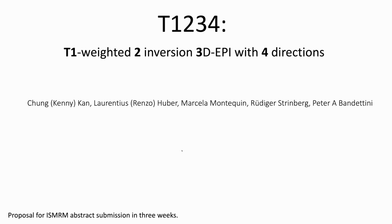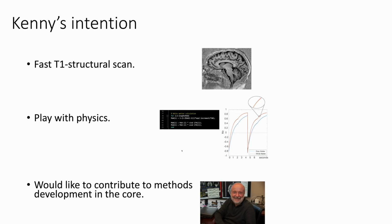And I think Kenny has one slide, if you come around, for your motivation of why you're doing this, and then I will also do, he asked me to do most of the talking later. Yeah. Okay, basically, just for people that don't know me, I work for Peter in NIH here